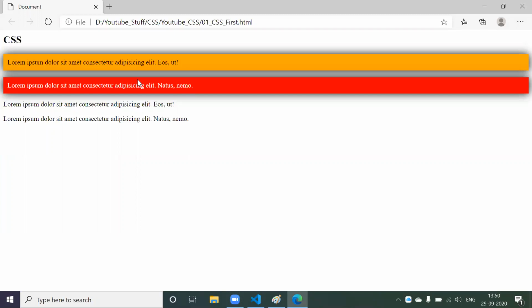So when do you have to go for ID? When you have a specific requirement, where a specific paragraph needs a specific set of properties, and another paragraph needs a different set of properties. In such scenarios, you have to go for the ID. Now suppose you have 5 paragraphs and you want the same styling for all those paragraph elements. Then it's better to go with your tag selector, and you go for the ID selector when you have